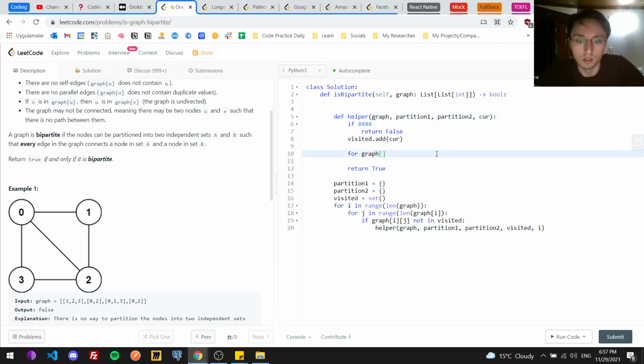For every current, for every neighbor in graph[current], for every one of them,